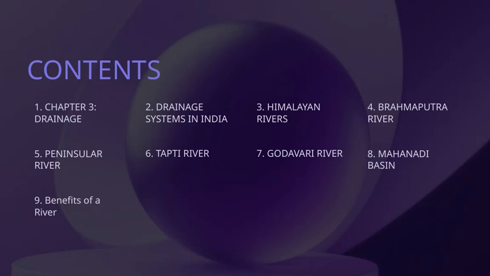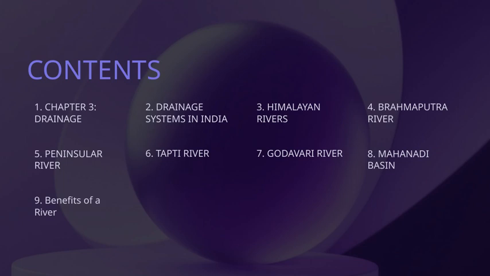Here, we're focusing on drainage, which is a crucial aspect of India's geography and environment. We'll explore different types of rivers and their significance, starting with the peninsular rivers. These rivers are primarily fed by rainfall and have a distinct flow pattern compared to Himalayan rivers. Moving on, we'll examine the drainage systems in India as a whole, understanding how these rivers shape the landscape. Then, we'll delve into the Himalayan rivers, which are known for their long, perennial flow and are vital for agriculture